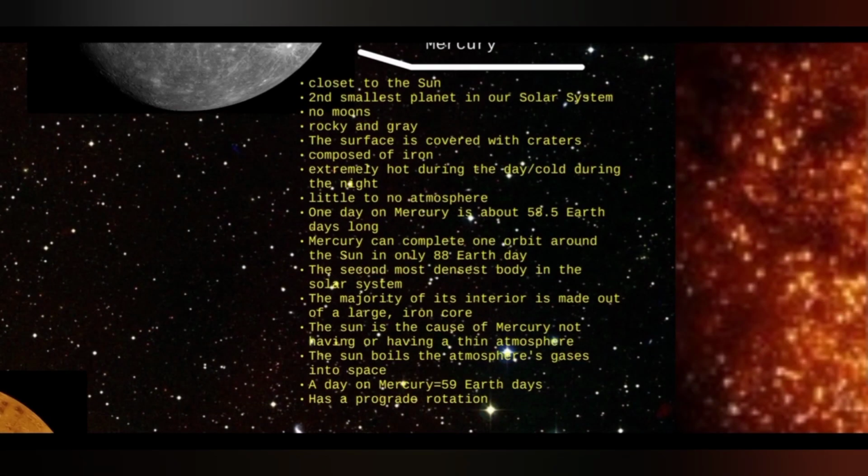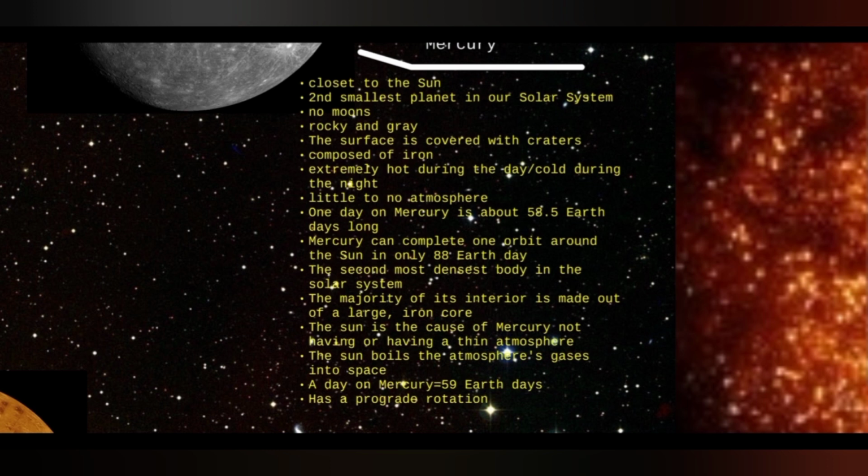So Mercury is the closest to the Sun and the second smallest planet in our solar system. No moons, rocky and gray. The surface is covered with craters, composed of iron, extremely hot during the day and cold during the night. Little to no atmosphere. One day on Mercury is about 58.5 Earth days long, and Mercury can complete one orbit